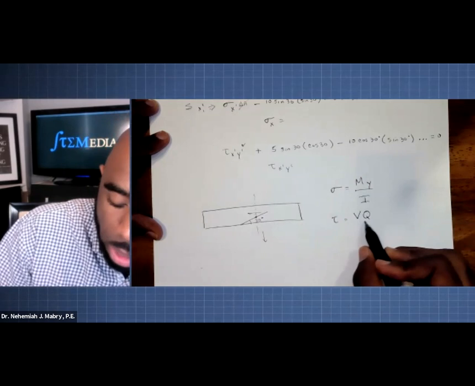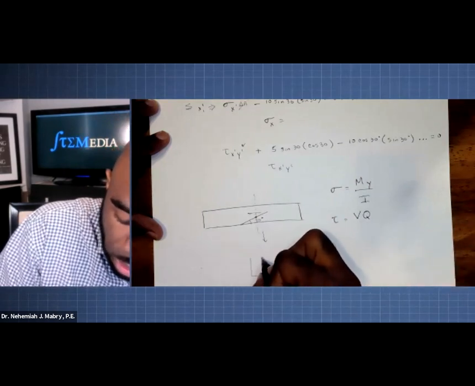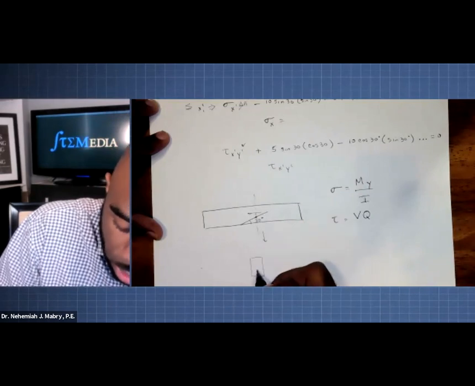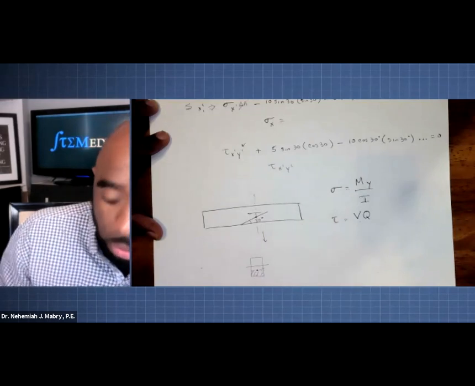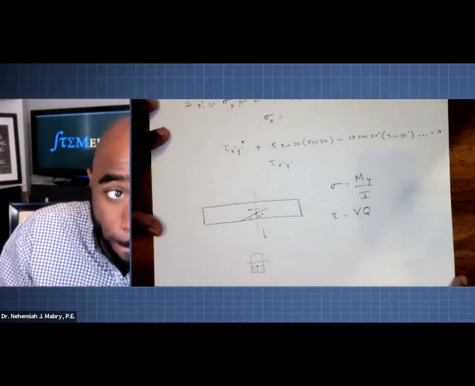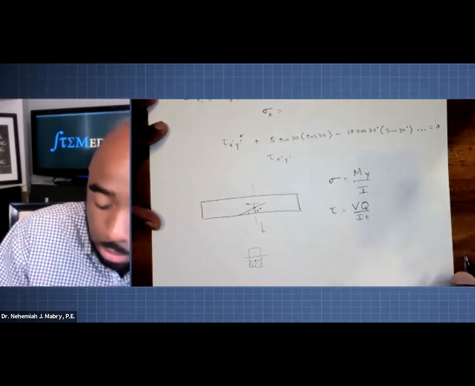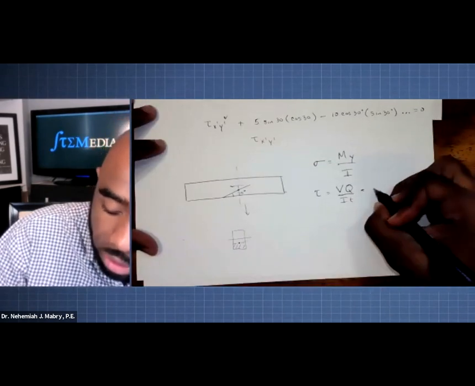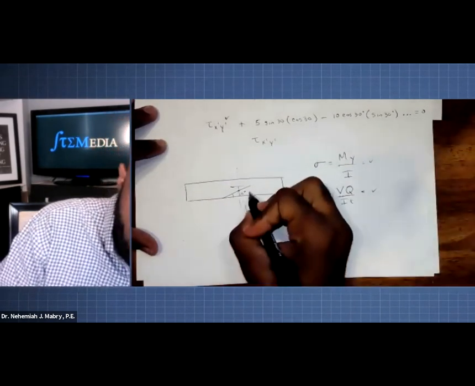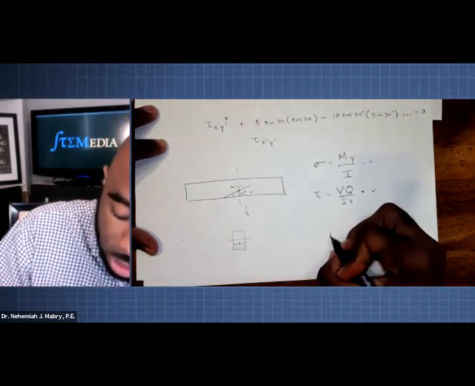Q is going to be the point beyond this point of interest. So if you think of it as a cross section, and they gave you that point there, you're going to find Q beyond that point of interest. Are you with me? Over I. And so now you have, and once you find this, now you already have your angle. You have everything you need for this particular square.